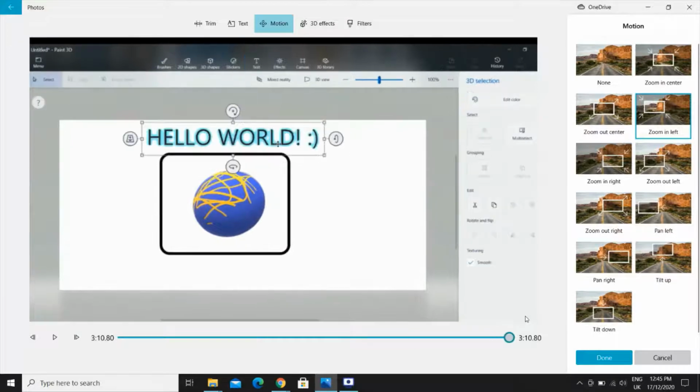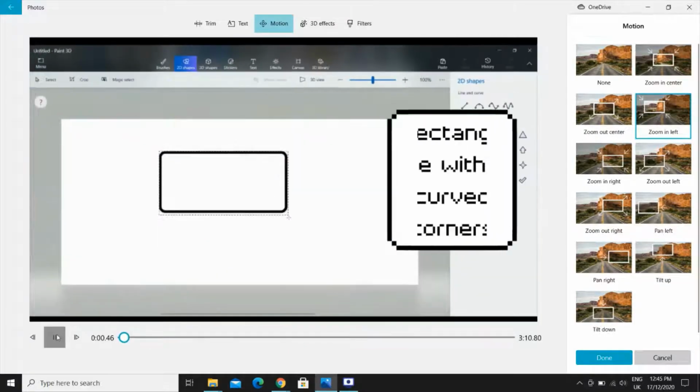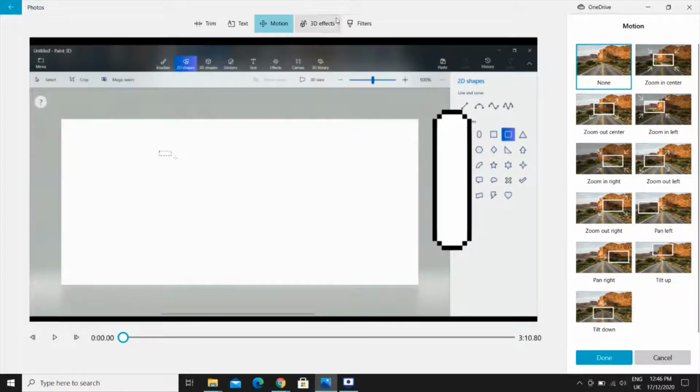See, it very slowly moves into the... So for this, you would need a separate video of like 10 seconds or something for it to actually be visible. So yeah,